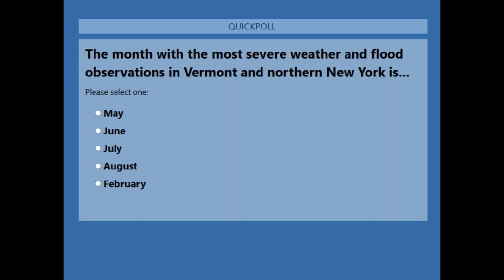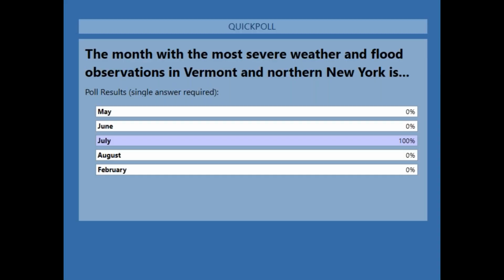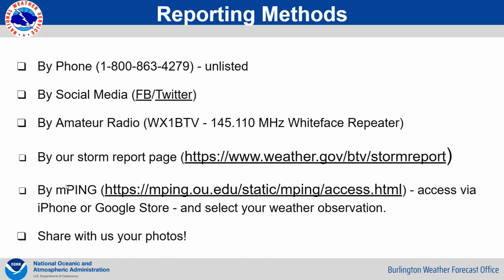All right, I think we've got enough polling here, so we're going to close this. Our most common month is, everyone answered correctly, July. July is our most common severe weather month. All right,